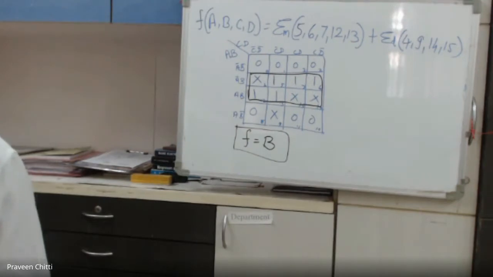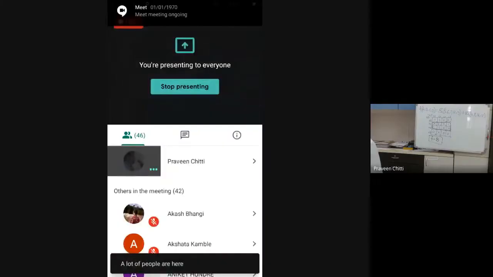Okay. I think a majority of you have understood. You need to solve some more examples. What I do is, after the class, I'll give you around 4 to 5 examples as homework. I will be posting those homework problems in the group. I need all of you to solve them before the next class, and I may ask a few people to show the answer in the next class. With this, we'll close today's class.